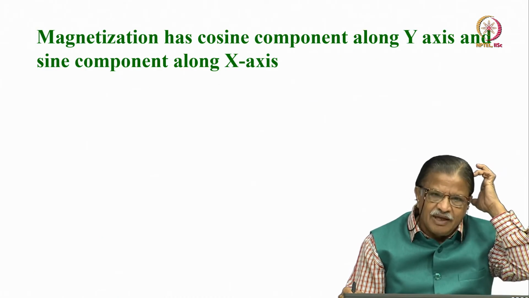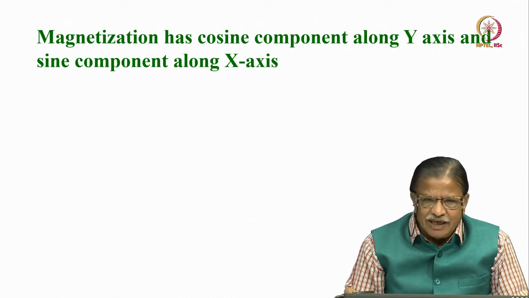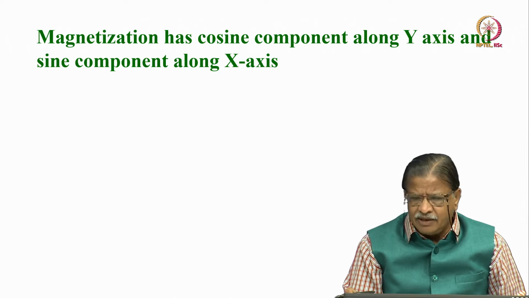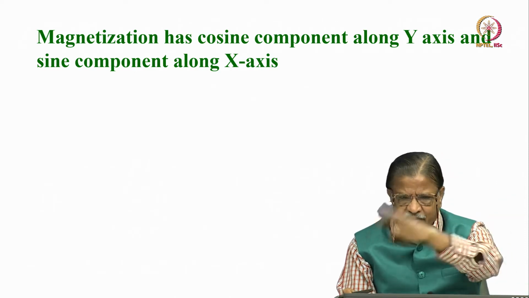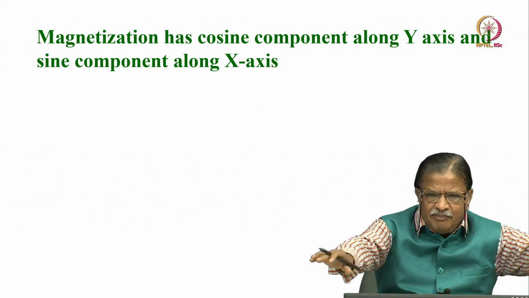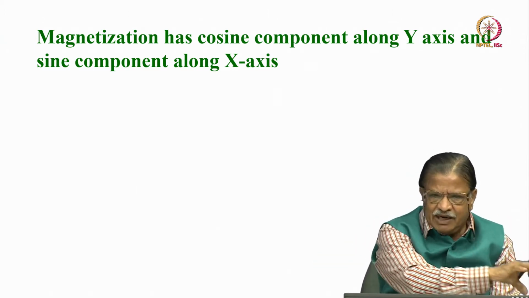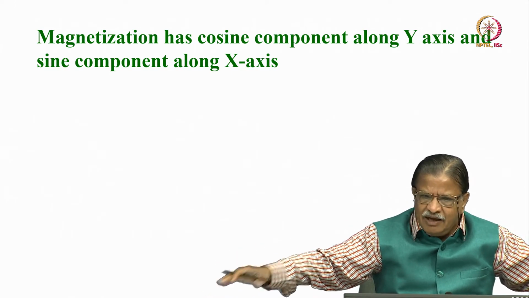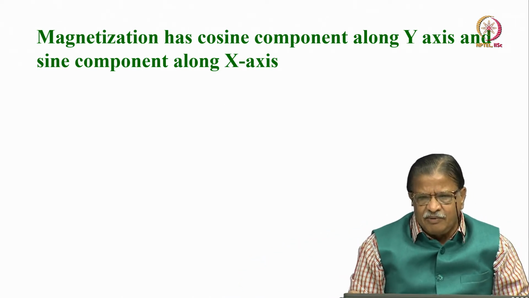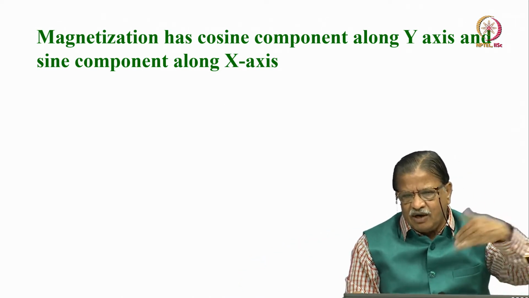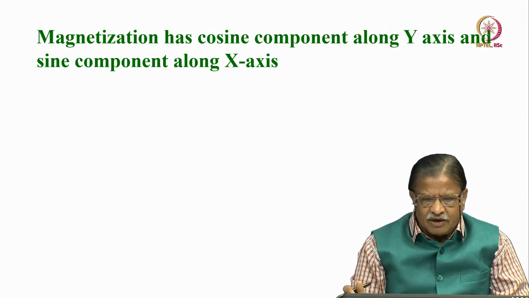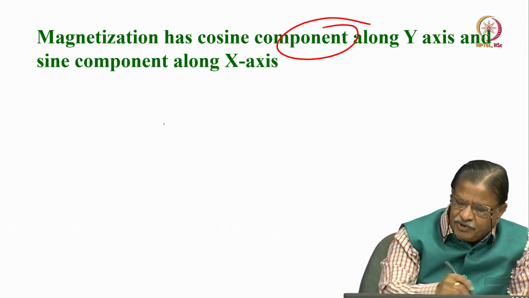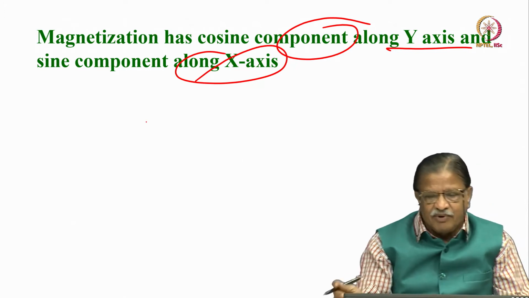Okay. Now, magnetization has both a cosine component and a sine component. This is what we understood even from the product operators for the one-pulse experiment. Apply a 90-degree pulse, you bring the magnetization to the XY plane, we understood immediately that at time t equal to 0, magnetization goes to minus Iy, and then starts developing both cosine and sine components. Oscillatory components will be developed both along x and y, which we call cosine and sine components. We have discussed this a lot even during product operator formalism. So, magnetization is a cosine component along the y axis and a sine component along the x axis.